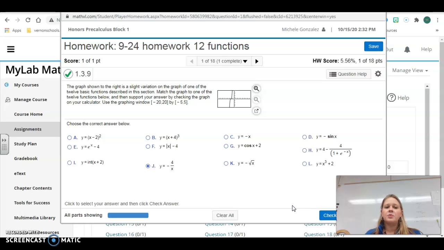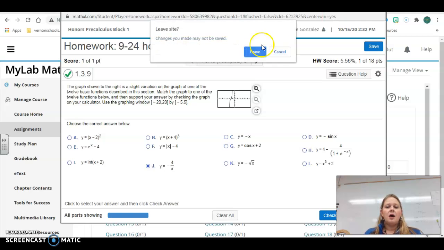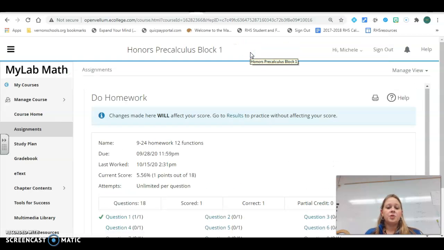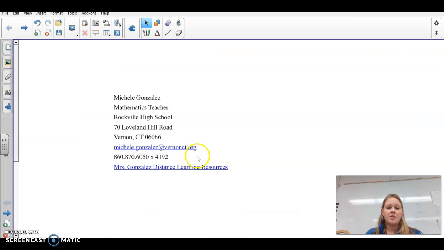The better they are able to do their homework, then the better they will be on the quiz or the test. Leaving for extra help, to talk about extra help. Here is my email. They can screenshot any questions, email me questions. If you have any questions, you can email me. This is my email address,